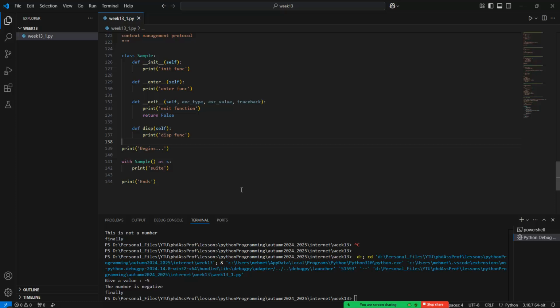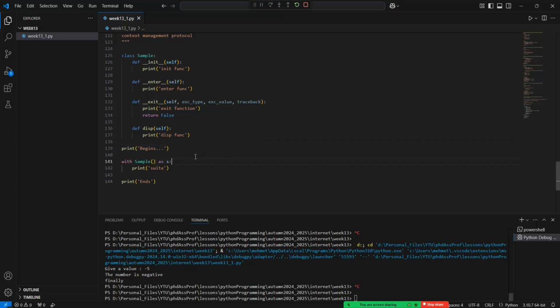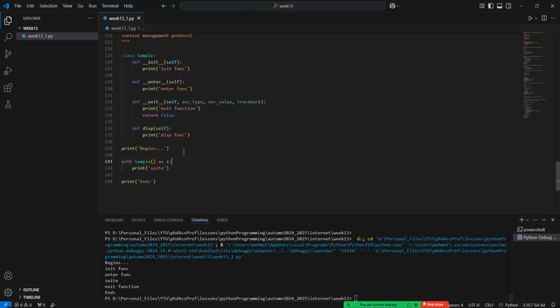What's the output of this code? In this code, firstly, just remember that the print begins is run. After that, the sample creation is created in here, and so the init function is called in here. But if you are using the with and as keywords in here, this overload is called automatically